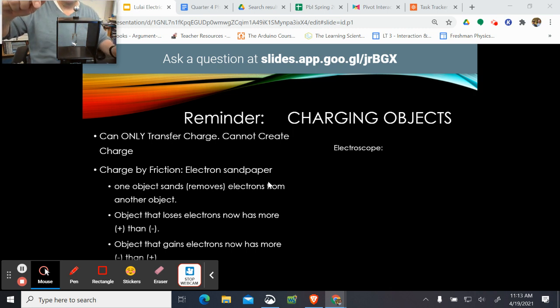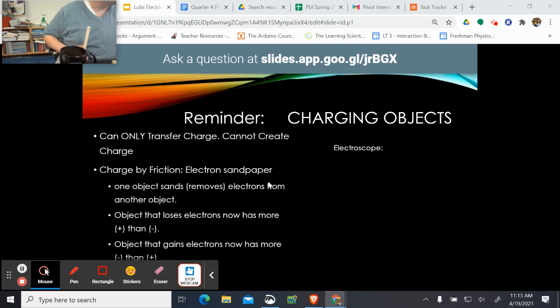bring it near, and there, I haven't touched it yet. I'm moving it around. It might look like I've touched from your perspective, but I haven't. I'm just being near it. I haven't transferred charges, but I can kind of make charges run away on that metal thing. So I touch it, charge transfer by conduction. So that's the sort of thing.